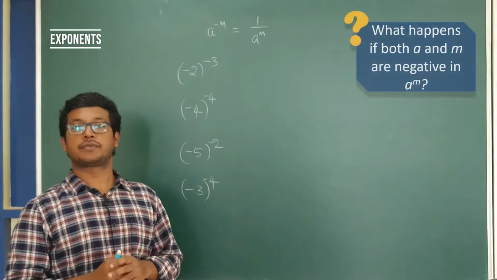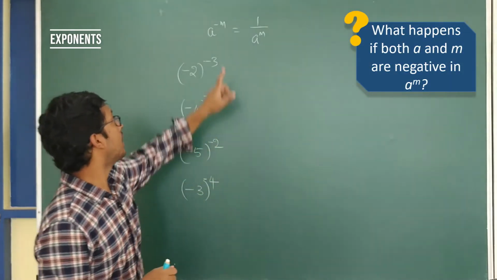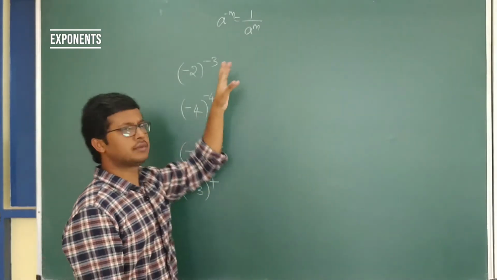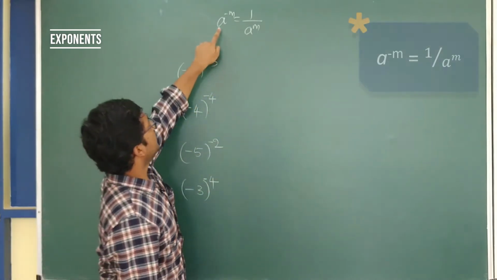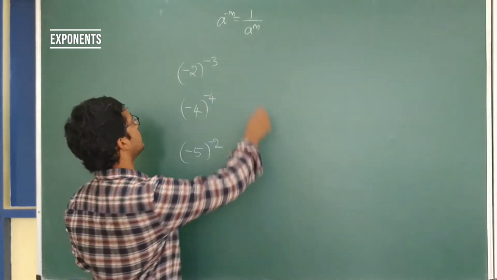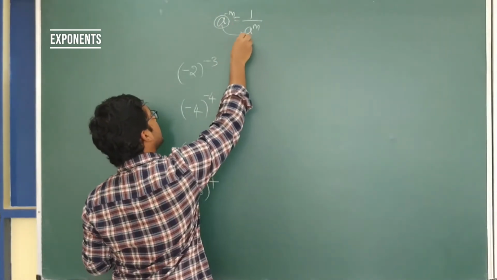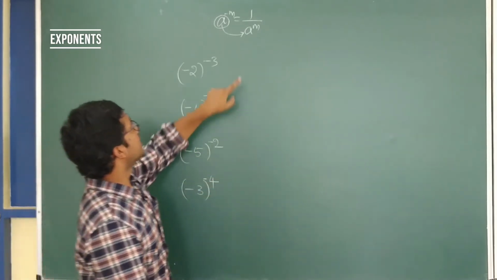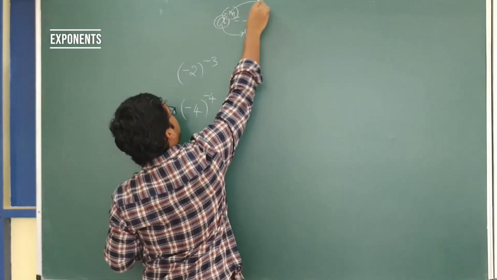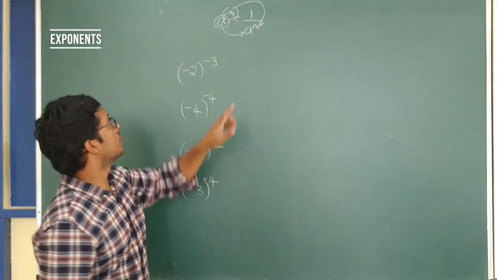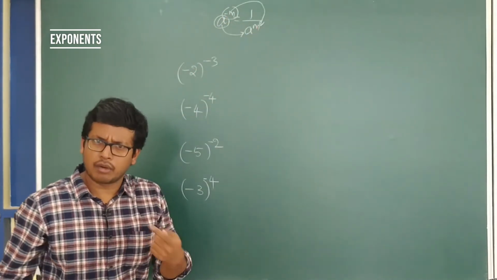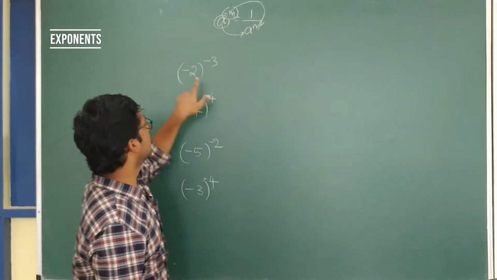Now we will see what happens if both my power and base are negative. These are very common confusing things, so that's why we'll try to clarify all these things. So a raised to minus m can now be written as 1 by a raised to m. If you see this law correctly, whatever the base is comes as it is. The sign is not changing, whereas m, which was minus m in the numerator, when it came to the denominator becomes plus m. So that is the change here. The base comes as it is, and the power changes its sign, minus becomes plus. So we'll apply the same thing.